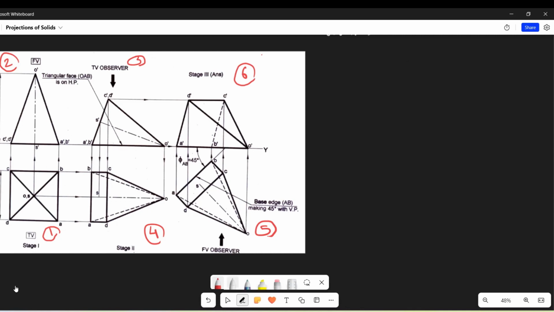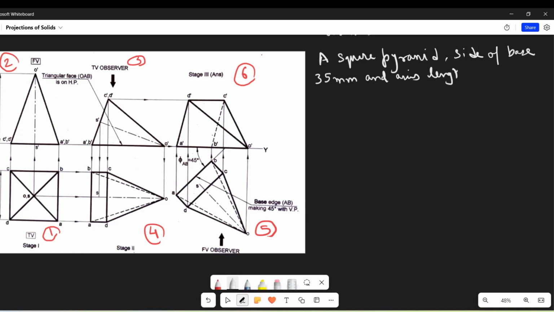So let us form a question here. I can start like this. A square pyramid. What are the dimensions of pyramid? Side of base 35 mm, and axis length is 50 mm, is resting